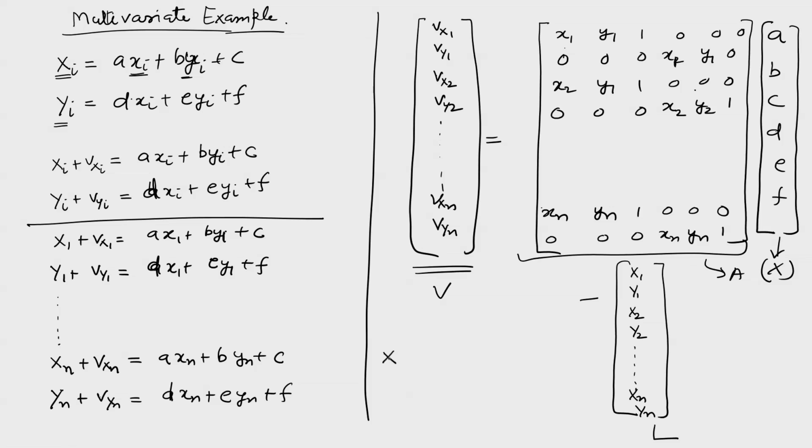So now I can write X equals (A transpose A) inverse A transpose L. So I will get X as [A, B, C, D, E, F] transpose. There is no space, so I am writing it as a transpose. You will get a column matrix here. So now we have seen a multivariate, or multi-response, example also. That means we are getting more than one response if you give the input variable. So this is the idea here.